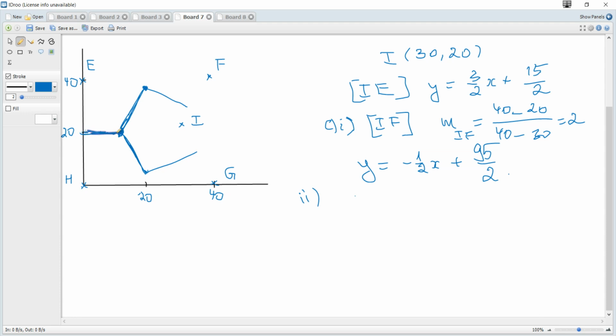It's on the line y is 20, and since this point is (20, 37.5), this becomes (20, 2.5),